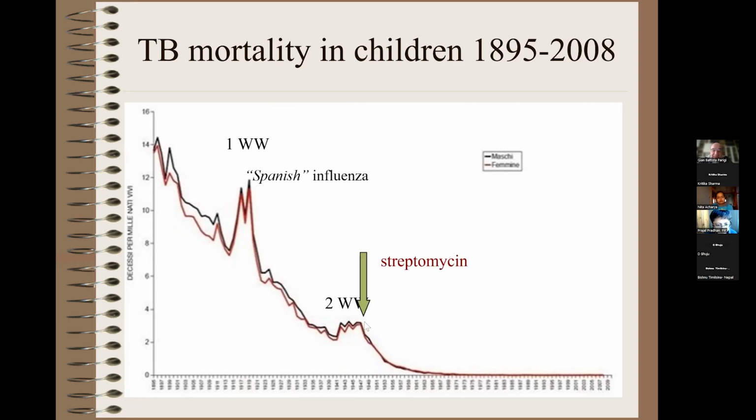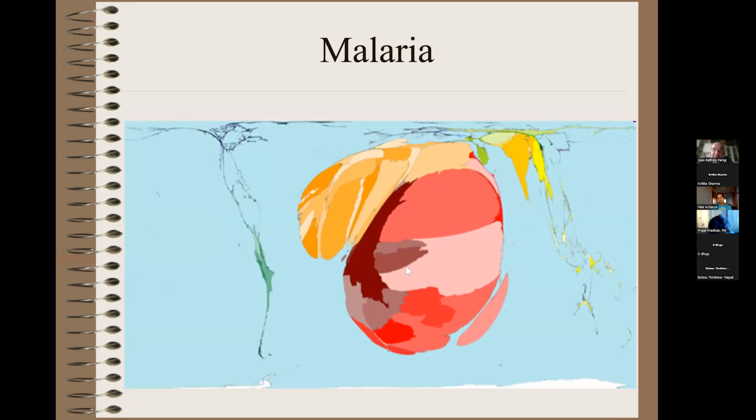Drugs, the streptomycin, arrived just here, when the incidence of tuberculosis was already 1/10 of what it was 50 years before. What does it mean? It means that to tackle this kind of pathology, the general situation, the general nutrition of the child, of the patient, is important, much more than drugs themselves.